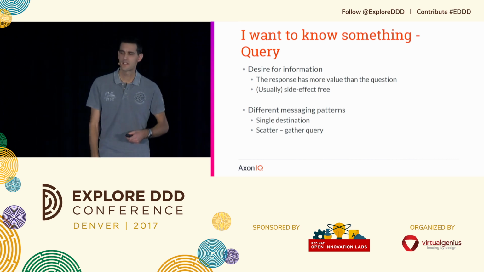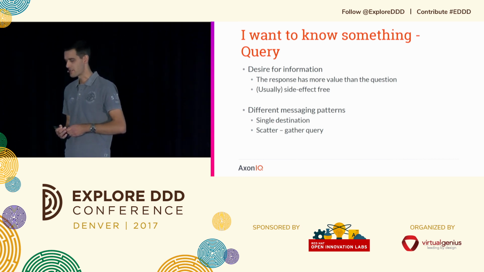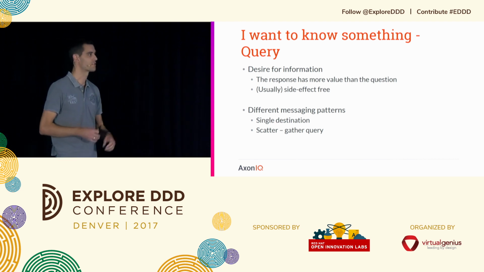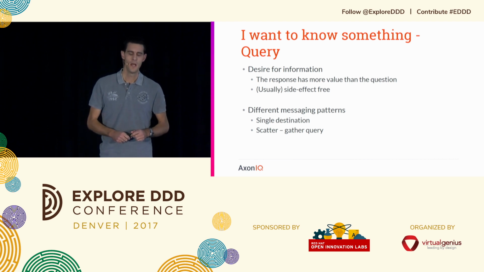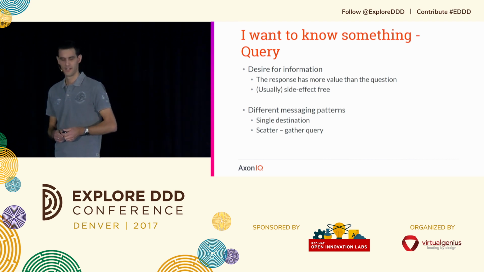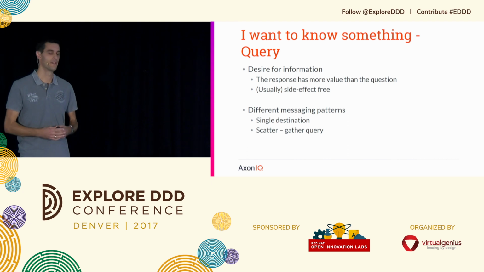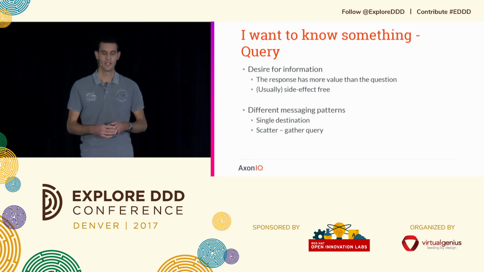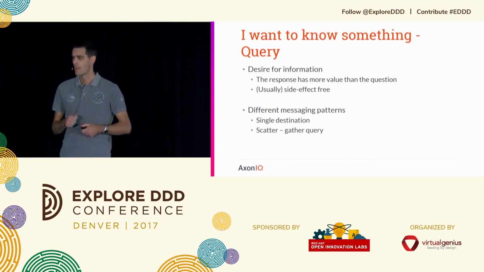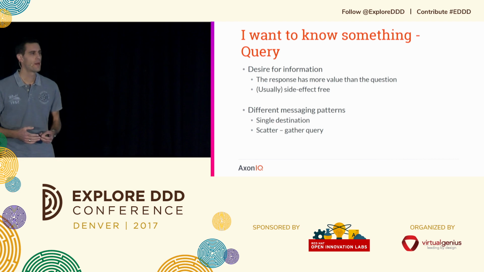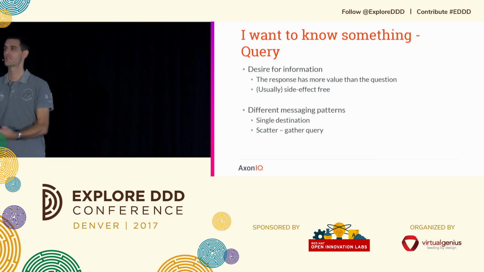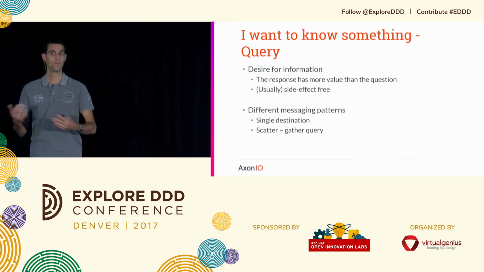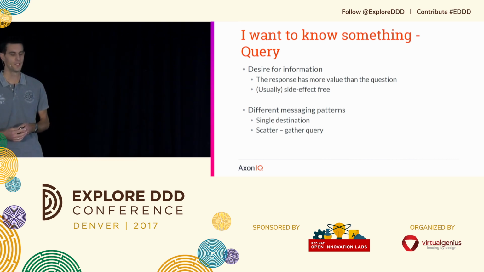And then there's the last one, and this is one I have to admit I underestimated even in Axon. There's no specific query message. There's commands and events that are really explicit, and I regret that. So in upcoming versions, I'm going to definitely implement this, because queries also have some very interesting patterns. But the query is about, I want to know something. There's information somewhere that I need to either make a decision or just send it to the user, who will then make a decision based on that information.